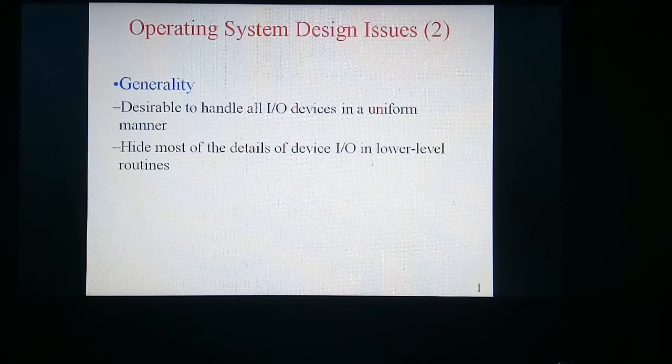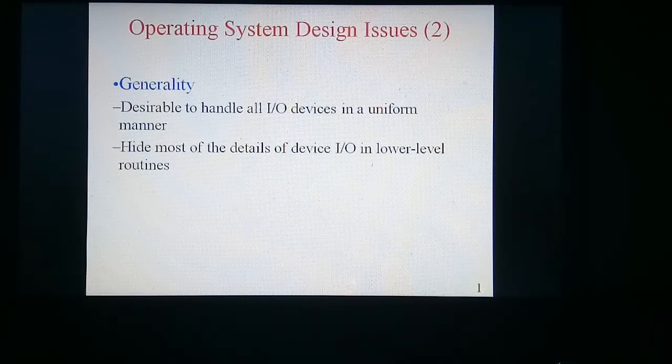To be general, the IO devices should be in a position to handle all types of data in a uniform manner and hide the details of the IO devices at the lower level itself. A user may not be familiar with all the functions of the IO.